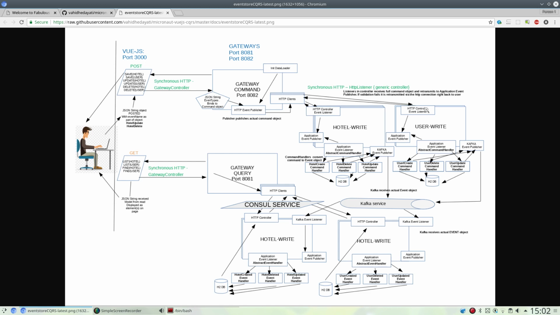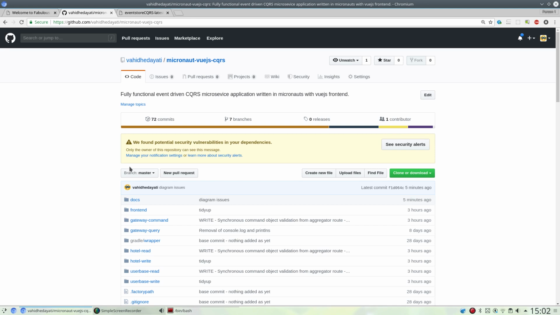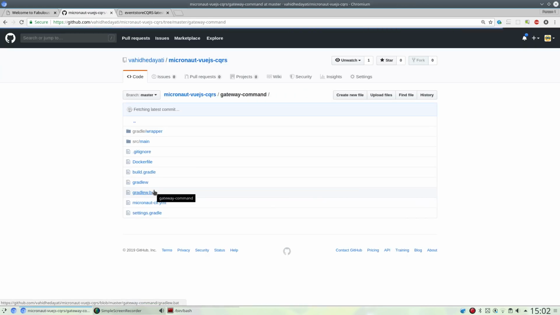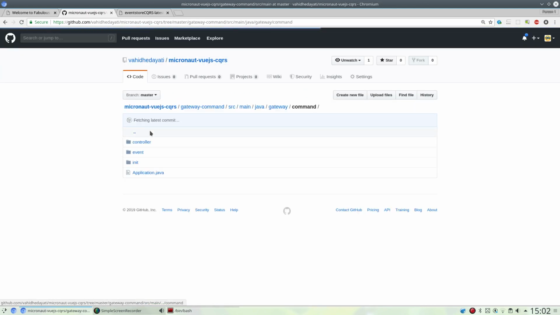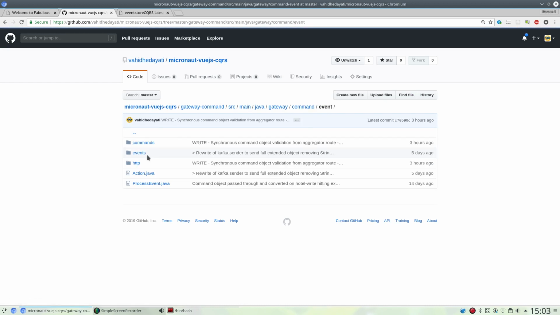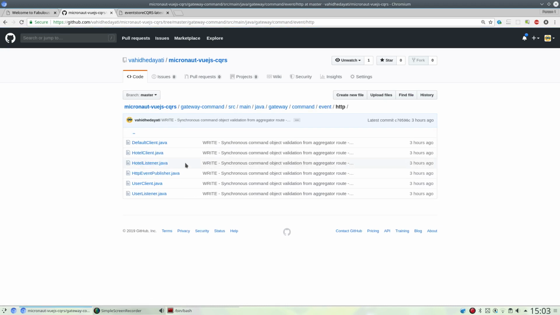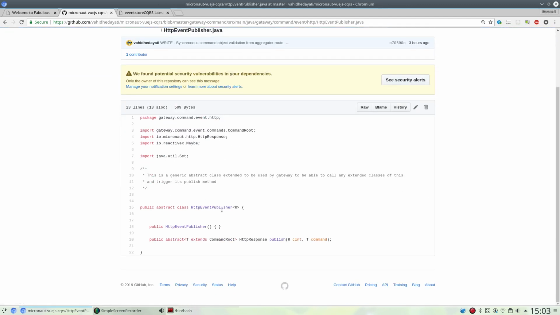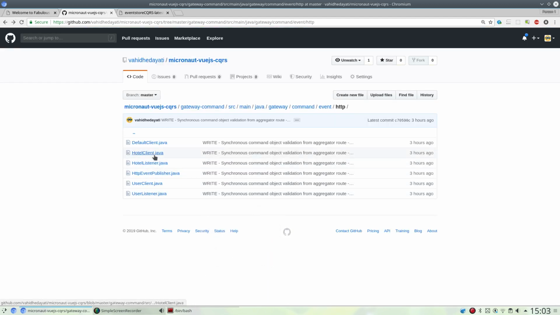It receives the command object, an extended command object, which could be anything that relates to command, and retransmits that to the application event publisher. So if I quickly show you in gateway command. Before, everything was being sent to Kafka once it hit the gateway; it transmitted everything through Kafka from there on in the first video. But in here, it hits this event publisher, which is an abstract class that gets used by